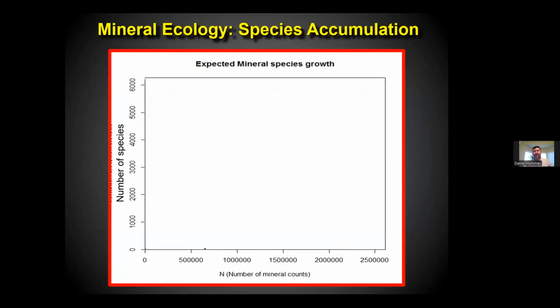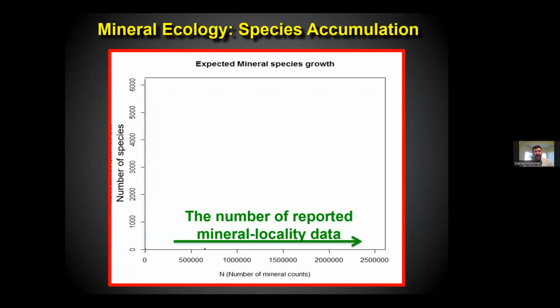So another way to look at it, and this is something that biologists actually do, and we're now starting to do it as mineralogists, is if you count up the total number of biological species, or in this case, mineral species that we know about, and we tally that total number of unique species on the vertical axis, as we are counting at different locations, as we make different observations of mineral species, and those individual observations are counted along the horizontal axis, then here's what that looks like.